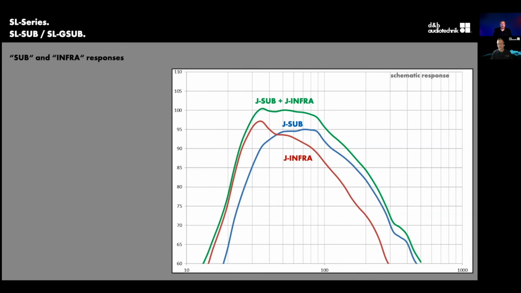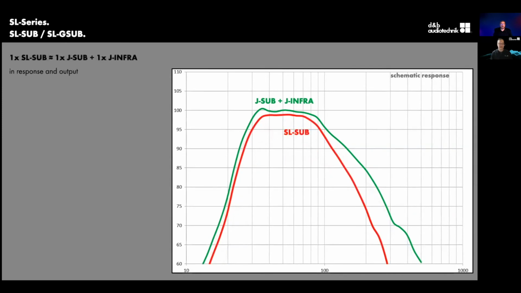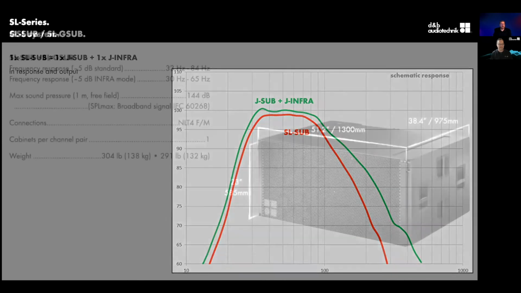So as they're making a new subwoofer, they thought, well, how can we improve on that? And they were able to figure out how to have this red trace. And what this red trace is showing is 1 SL sub compared to the 2 J sub, J infra subs there. And if you're taking a look at this, it's about a dB less than what those 2 subs were going to be. So the efficiencies, the power, the evolution of having more driver technology better available to us as the time has gone on, to really showcase the power and availability of this SL series in the low end as well.